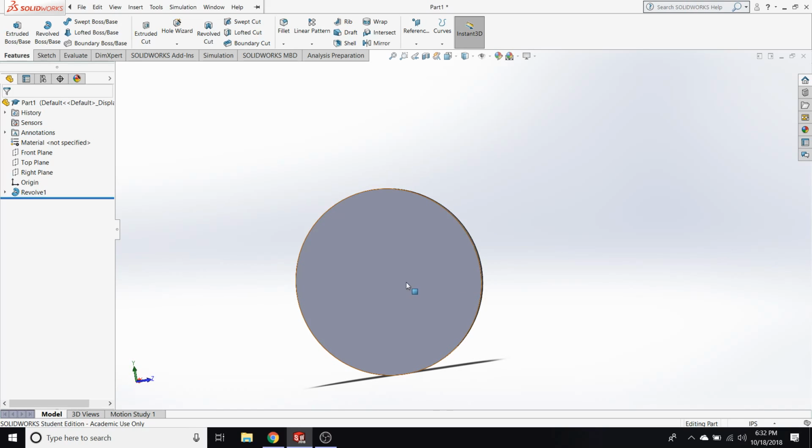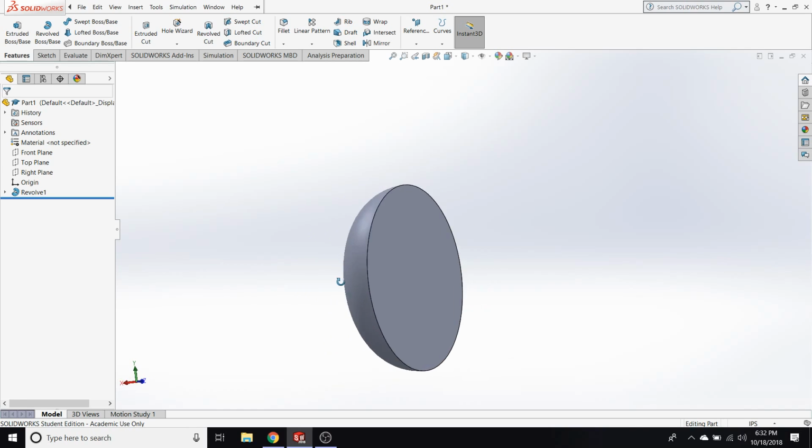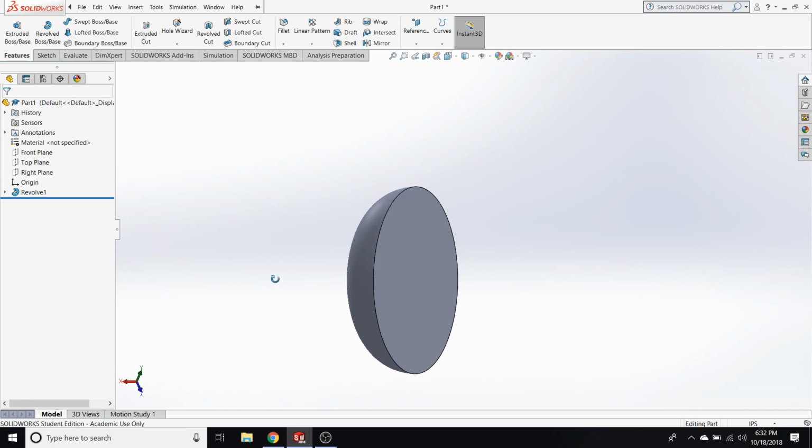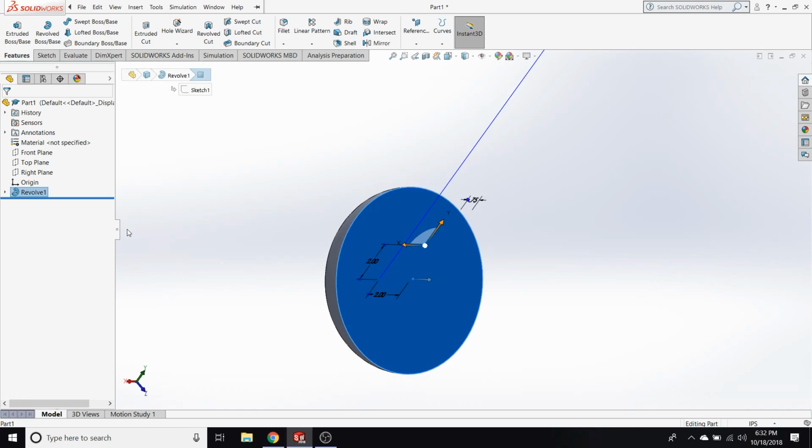Now, a lot of the parts that you might need to make have lots of detail, and you can't do all that with just one sketch. So if you get a part to sort of how you want it, let's say I need a hole right in the middle of this, but I can't really put that into the sketch. I can,